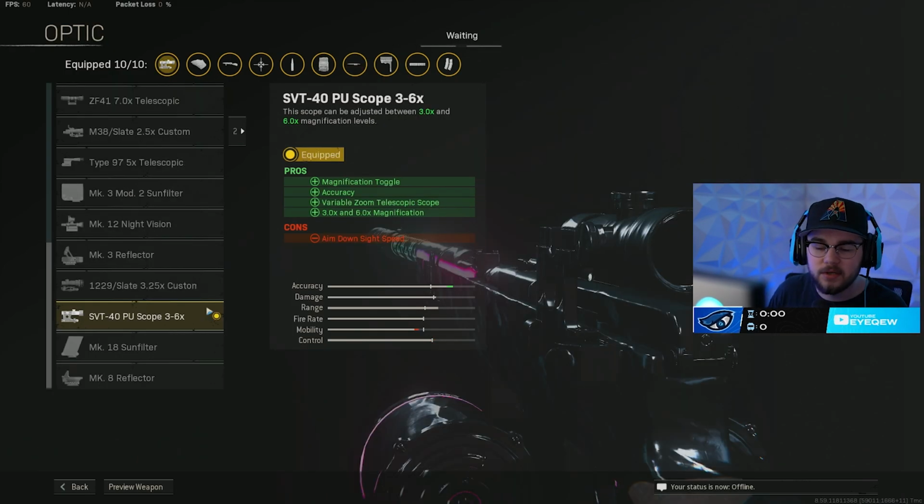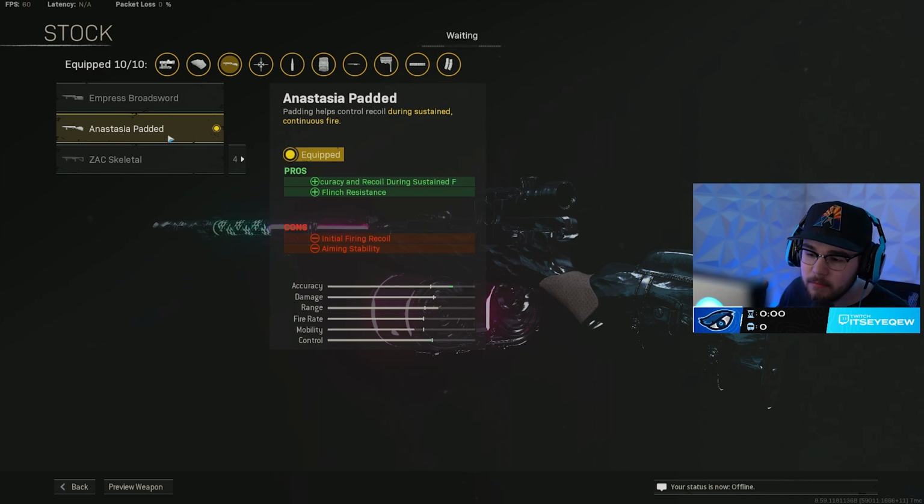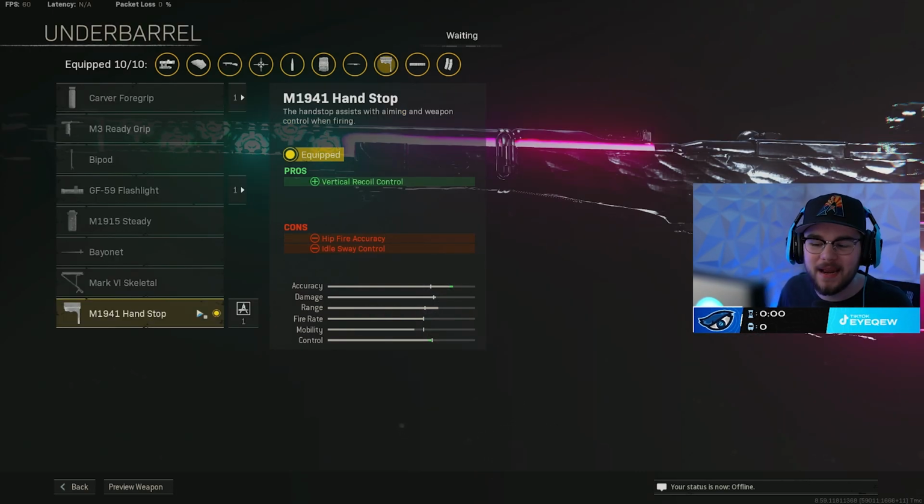And then of course it's a no recoil gun, so I run the SVT 43 through 6X, which is just an absolute beam in every possible spot on the map. With the Anastasia padded stock, giving you even more accuracy and recoil control during sustained fire, with that flinch resistance, making it to where if you're getting beamed by somebody, you're extremely locked in still, and you're still beaming right at them. And then you have the M1941 hand stop, which is a little bit different from the NZ and the STG and everything. It actually only gives you vertical recoil control, not horizontal. It gives you a little bit different cons, but it's still very good for the gun